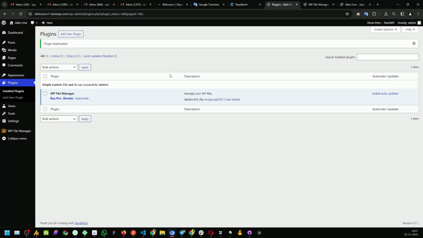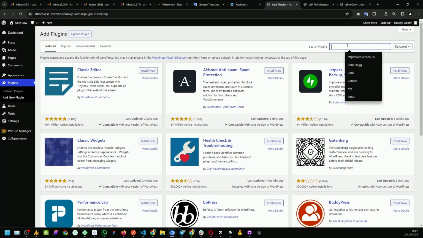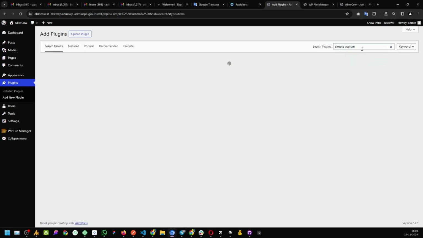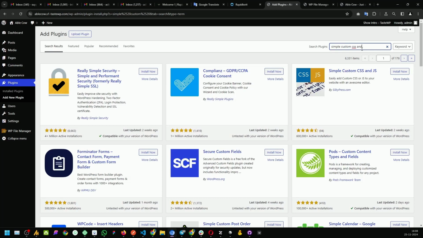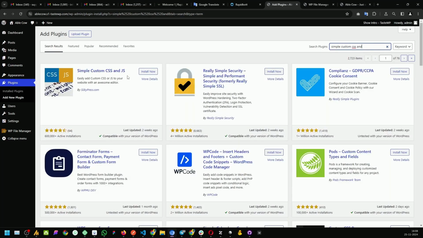Once you have done that and you have logged in to WordPress, I'm just going to go to the plugins tab and click on this button where I can add a new plugin and search in the search bar for Simple Custom CSS and JS. Okay, so you would see a button like this, install now. We would also give the direct link for this particular plugin in the description and in the comments. So let's go ahead and install this plugin